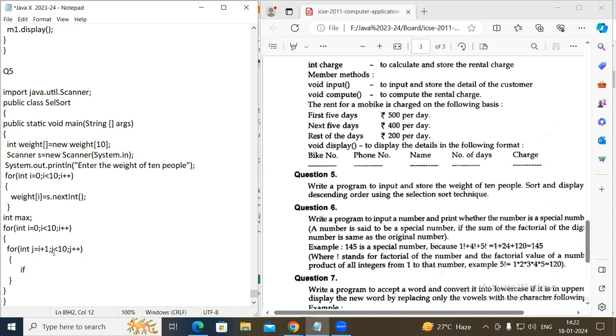Now what we have to do, we have to compare if a of i is greater than a of j. Right. So now here, once it is greater, what we have to do, max equal to